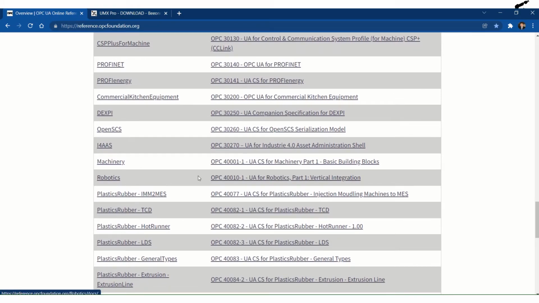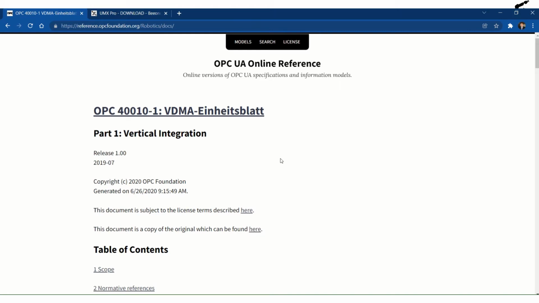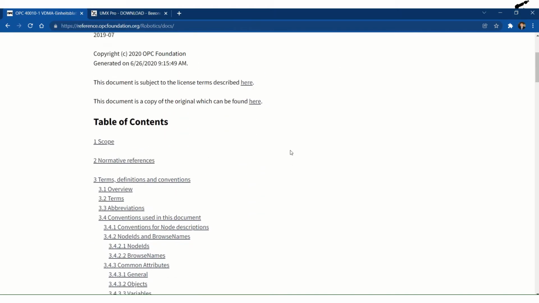The robot OPC information model was worked out by VDMA and the OPC UA Foundation. They released the first version in 2018. This specification is called OPC 40010-1. So we click it, and here shows the overview